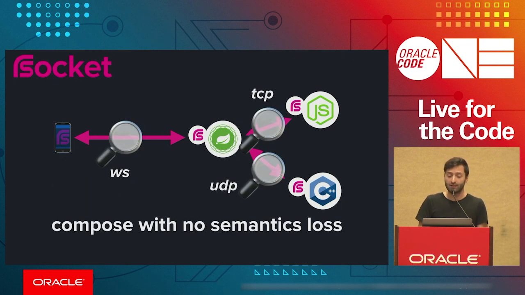The interesting thing is, since we work with many different transport, we can compose this protocol. One client can be connected to your backend with TCP or WebSocket, for instance, and one backend can be connected with TCP and directly TCP, and another connected with UDP. So without losing semantics, you can compose these services with RSocket because the backpressure is going to be propagated end-to-end. And that's really the nice thing about this.